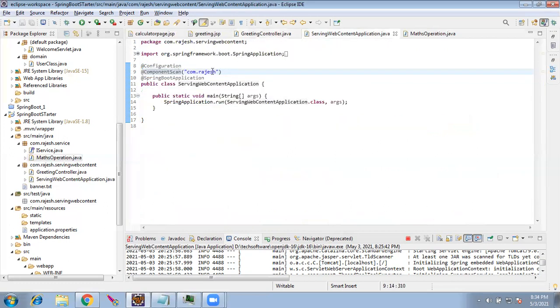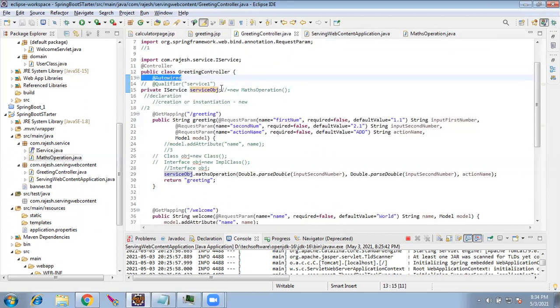Here, component scan, and scan all the classes which are given inside the package, and search for a class which is implementing this interface, and create a new object of that particular class and place it here, correct? Yes.